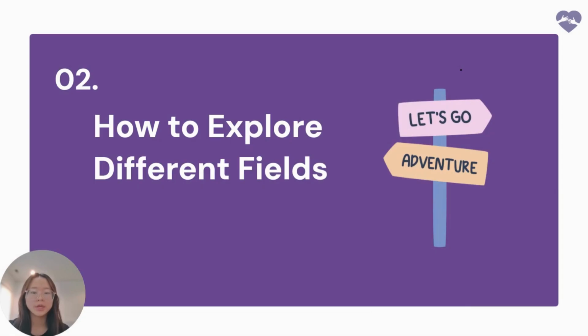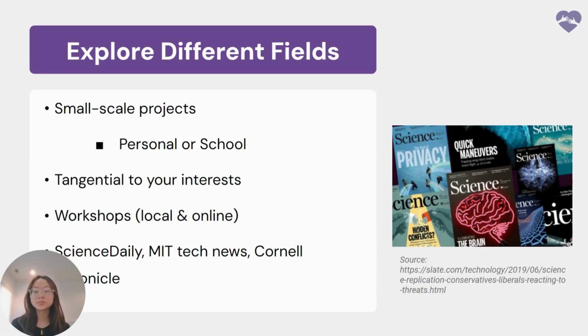Let's now talk about how to explore different fields. To explore different fields effectively, you can start with small-scale projects that are either personal or school-related. These projects don't need to be complex or groundbreaking. They could involve simple experiments or classroom assignments that align with topics you're already familiar with. The idea is to get hands-on experience with the research process, ask questions, and explore topics in more detail. Starting small allows you to build confidence, learn from mistakes, and potentially uncover larger research questions that could guide future